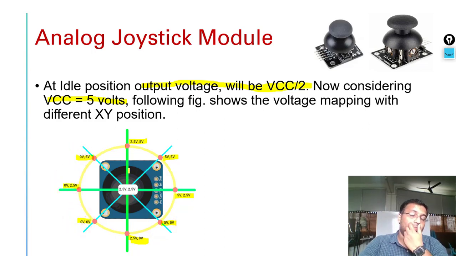So there are different output levels available. Based on the X out and Y out, we measure on which side you have tilted your joystick. You can look at this particular joystick's internals. There are 4 ports available, and those ports change the respective resistance, and due to that, in a voltage divider fashion, the output voltage will change.